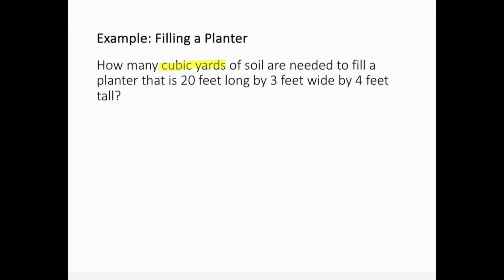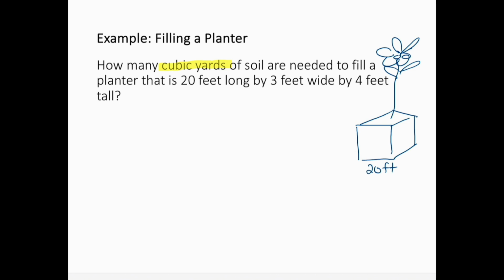Notice in this question here, it's talking about cubic yards, so we know we're talking about volume. And this example is talking about filling a planter. So how many cubic yards of soil are needed to fill a planter that is 20 feet long by 3 feet wide by 4 feet tall? So to find the volume in feet, if we think about this planter, it's saying it's 20 feet by 3 feet and then 4 feet tall. That's a big planter. So to find the volume of that, I'm going to take length times width times height,